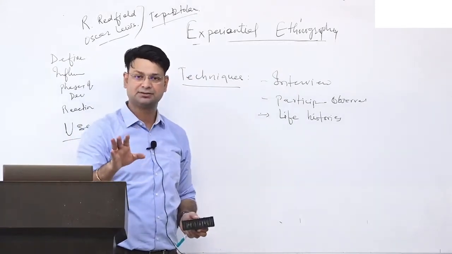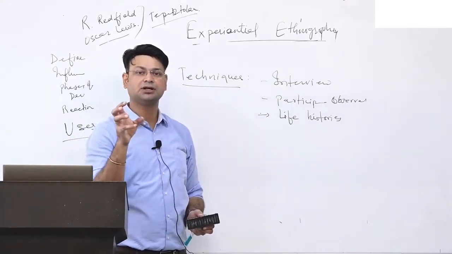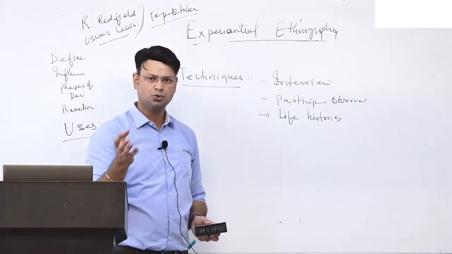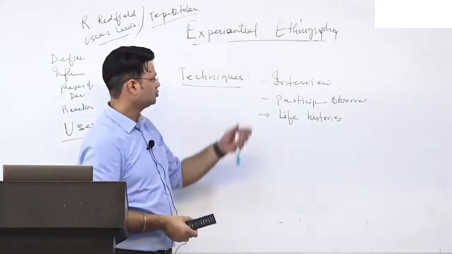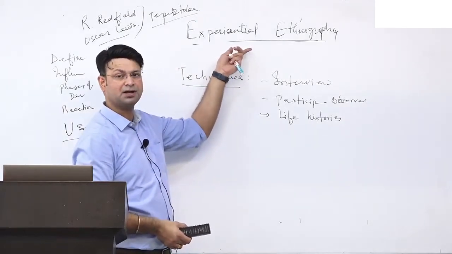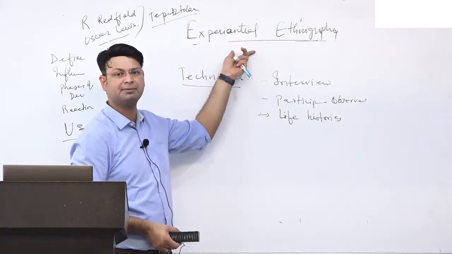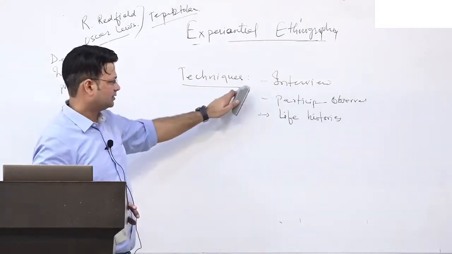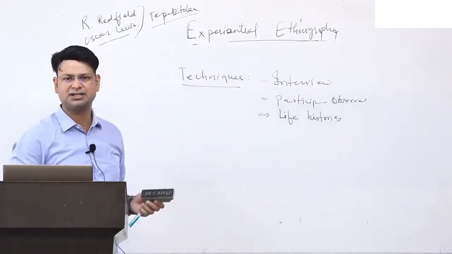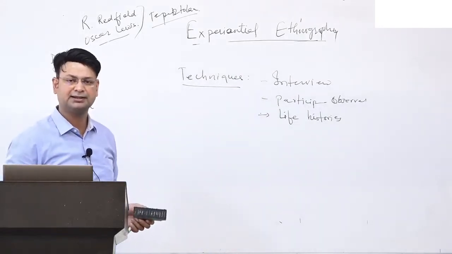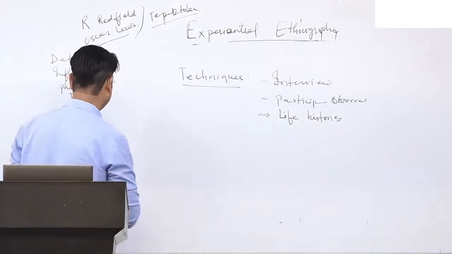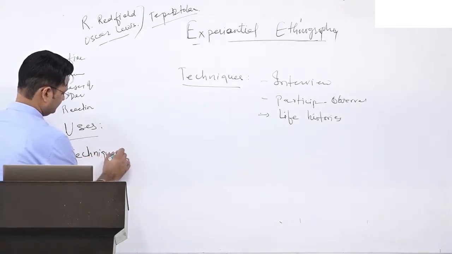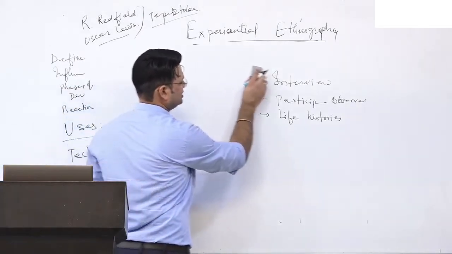It may be, sometimes, if you see from the cultural materialistic perspective, from the perspective of Marvin Harris, who says that the etic method is more important. So you can simply say that this is deeper and truly the emic perspective. Okay, so interview, participant observation, life history, biographies of the people, can be the techniques used here. So next is techniques. And finally, what is the significance of it?